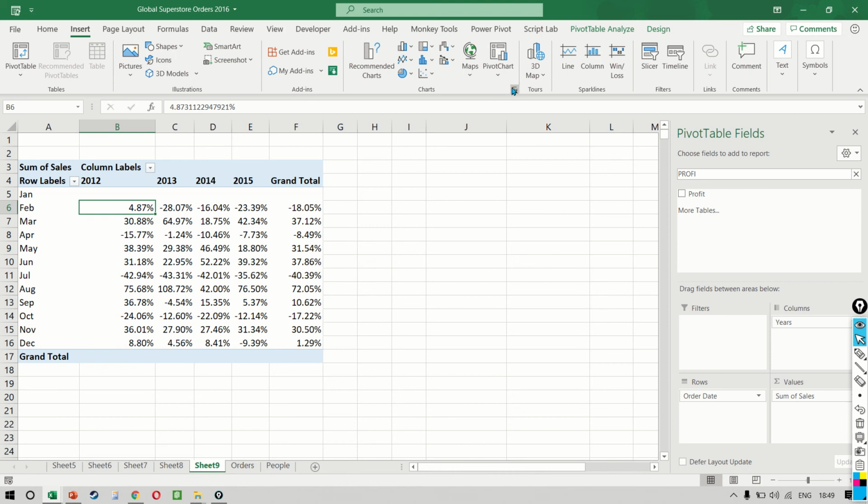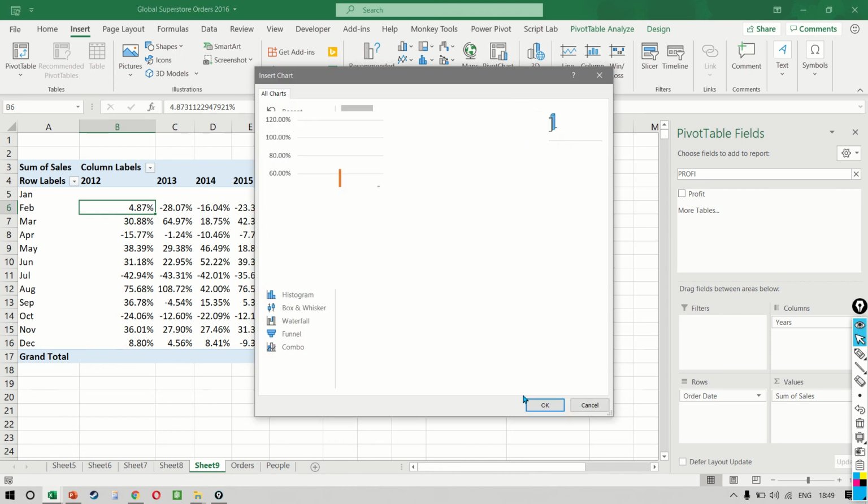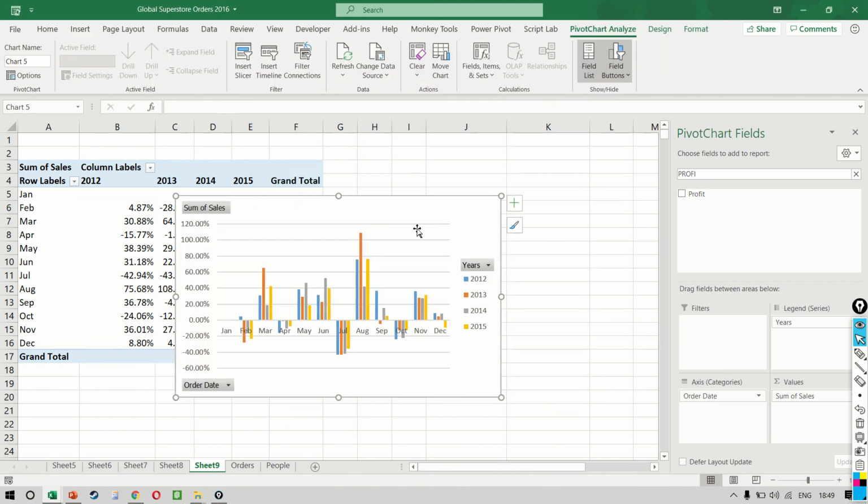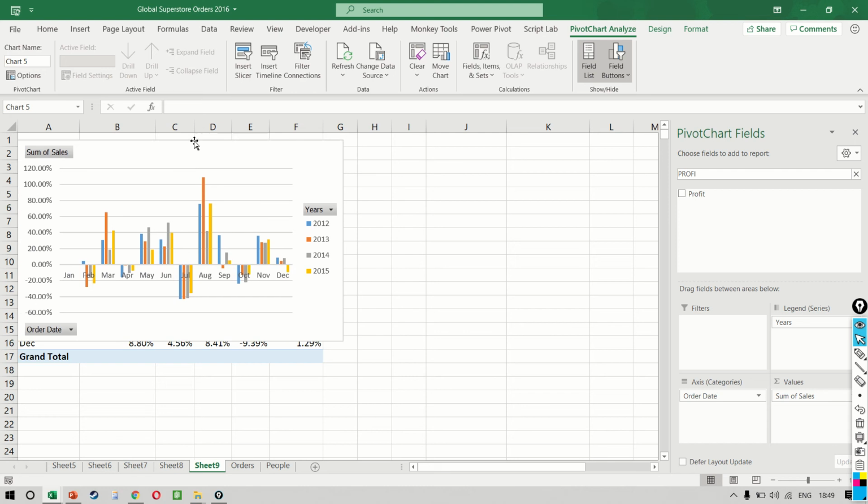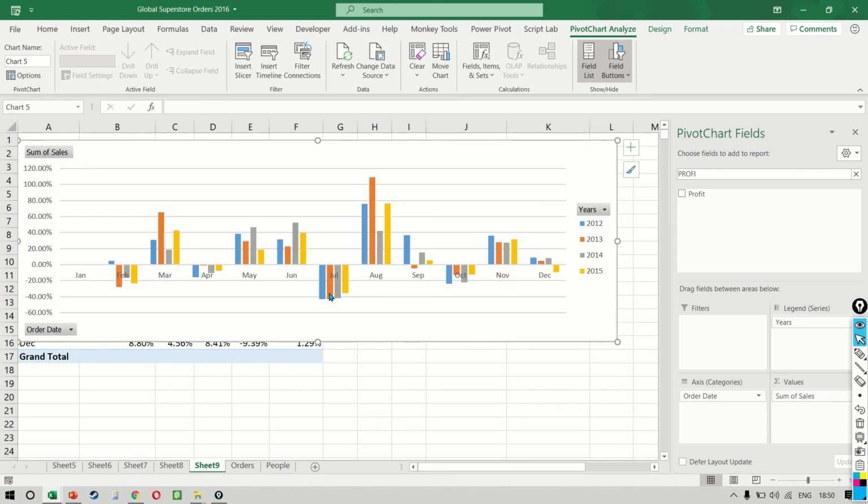Again, if we go to insert chart, we get this very interesting visualization that tells us that there have been certain months in which for all the 4 years there has always been a decline month over month. So in the month of July and in the month of October and in the month of February, there is always a seasonality factor where there is a decline in all the years compared to the previous month. Again, a very interesting analysis that you can present.